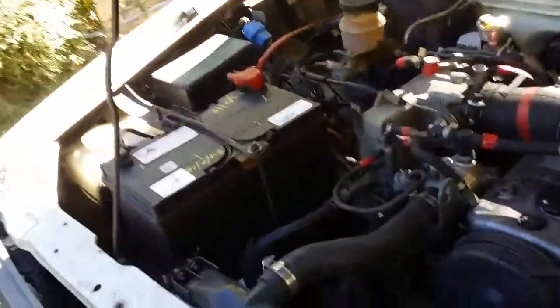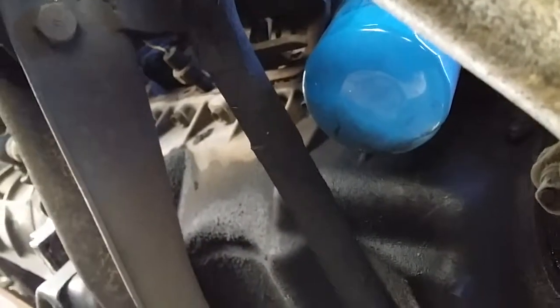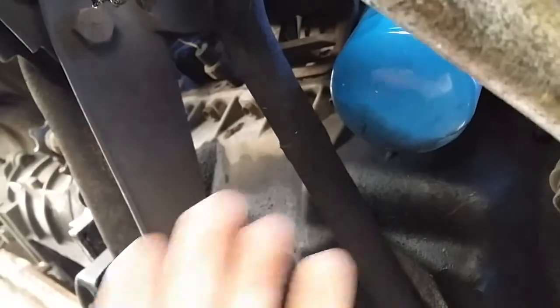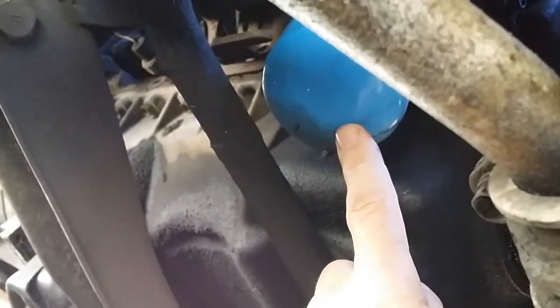If you want to change the oil filter, as you should if you change the oil at more than 5,000 kilometres, then there it is underneath. It turns off on a thread. It's not easy to get off. I've got a number of different types of oil filter removal tools. What you can do in an extreme situation is drive a big screwdriver into it, tap it in with a hammer, or smash it in with a hammer and try and move it,